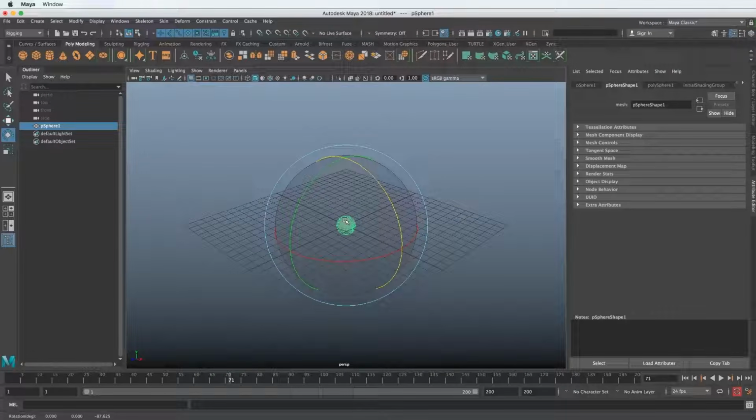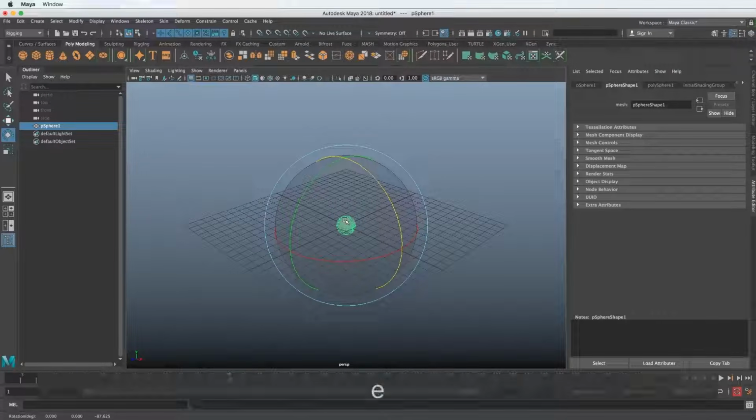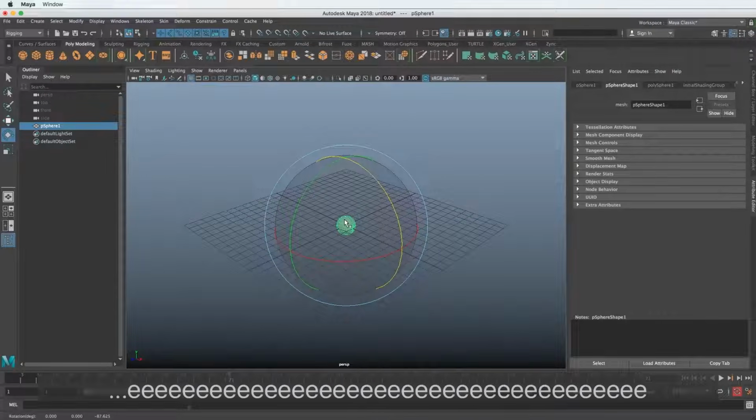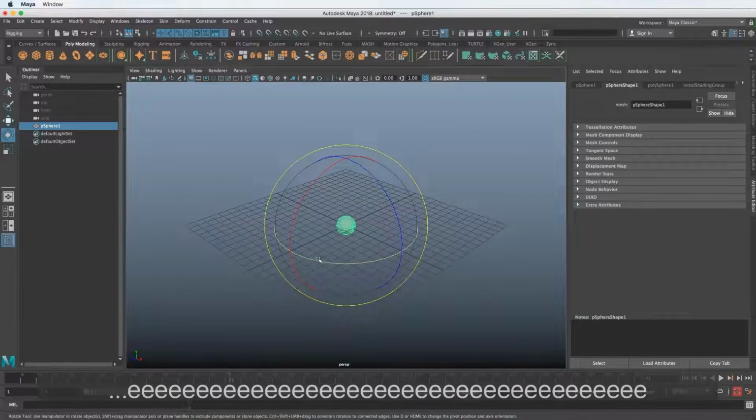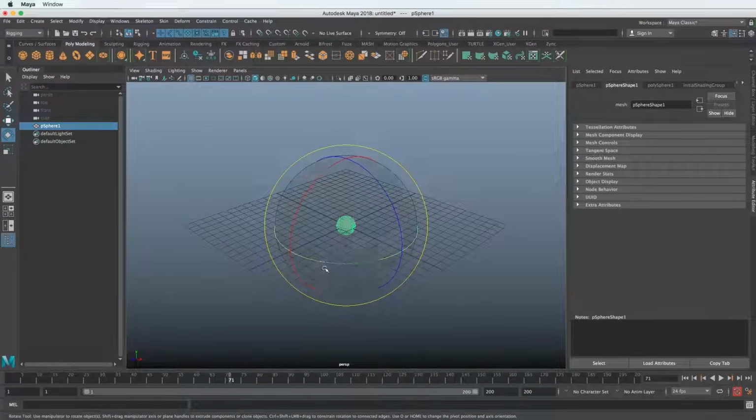If we hold down E, which is the shortcut for rotation, if we hold down E on our keyboard and then click, left mouse click, we can drag to the world option. So now you can see the manipulator pop back to have the green going around here like it was before, even though the object is rotated.